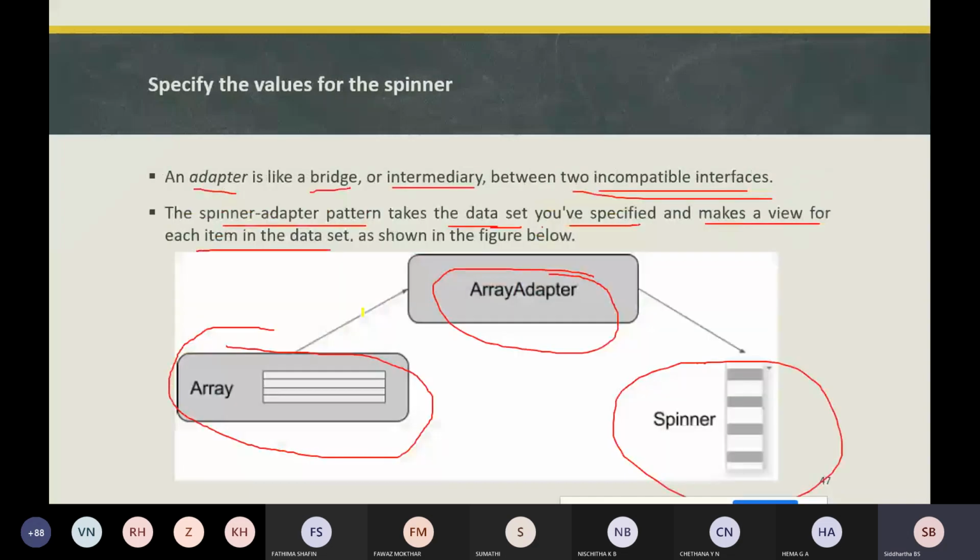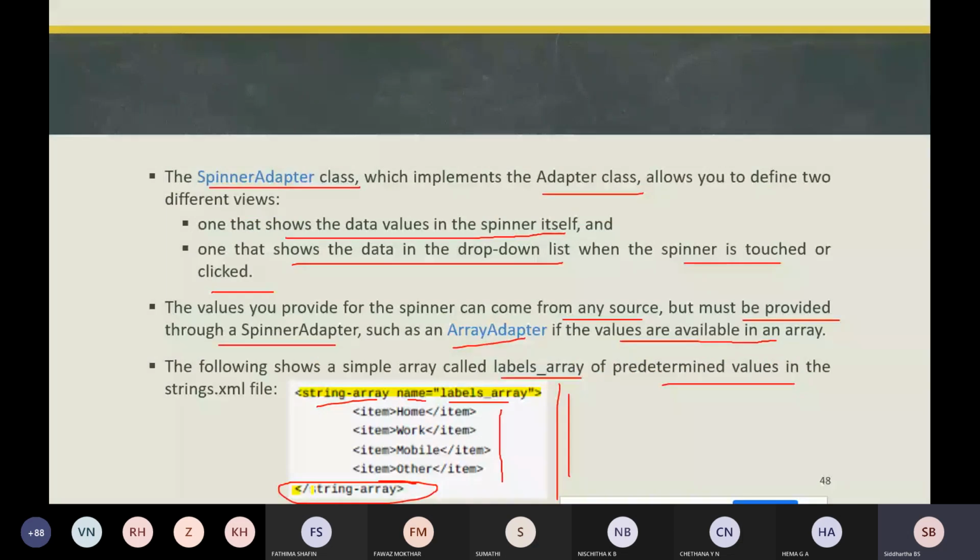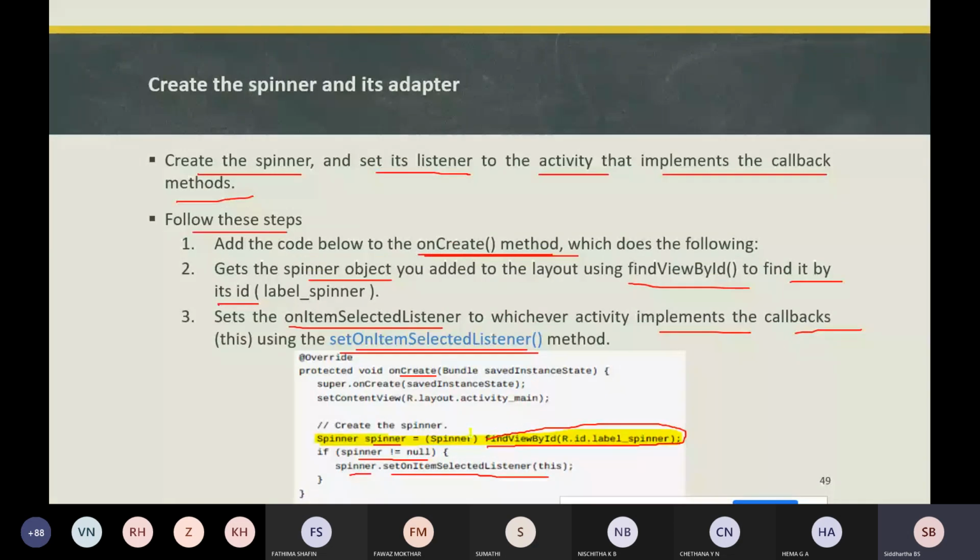After that, we wrote code in an activity to identify the spinner element, creating an object identified through findViewById, and we checked that the spinner is not null.